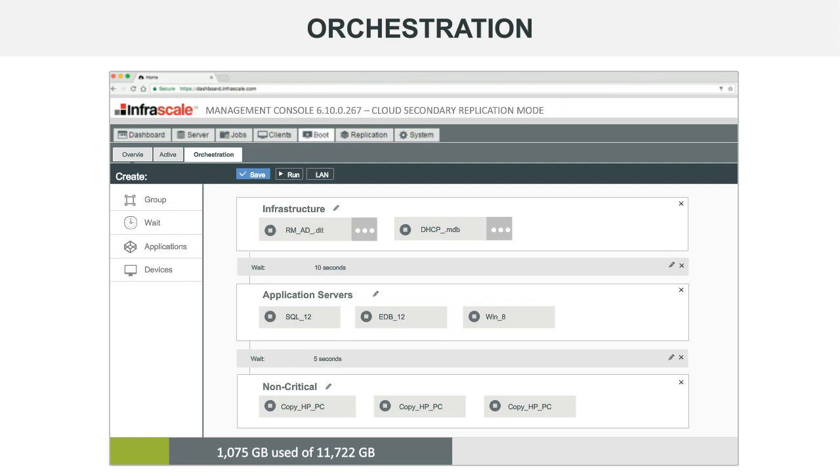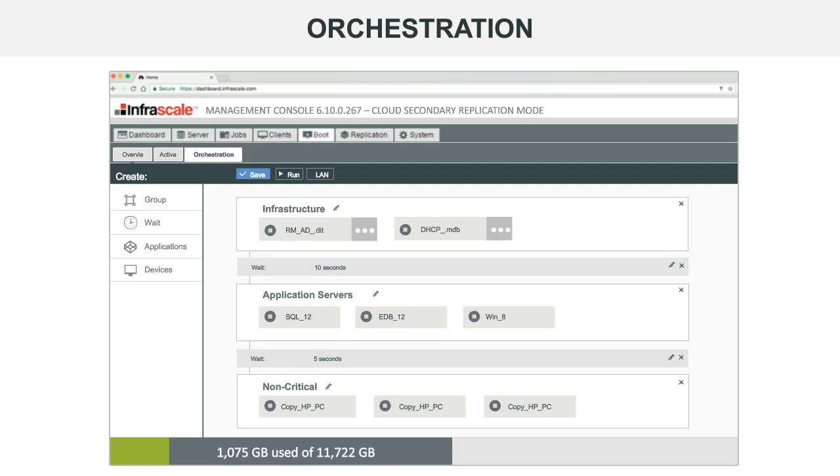So you'd start with a boot group for your Active Directory and your DHCP servers. And then you start plugging in your primary servers, so your SQL databases, Exchange, different application servers, and then you could start going on your tertiary servers. In between each group, you can have spaces where you can put delays. These delays can be useful for running scripts to further configure those devices or to run tests. And so this is completely up to you to design. We're here to help you with it. It's a drag and drop editor, so it's very simple to create.